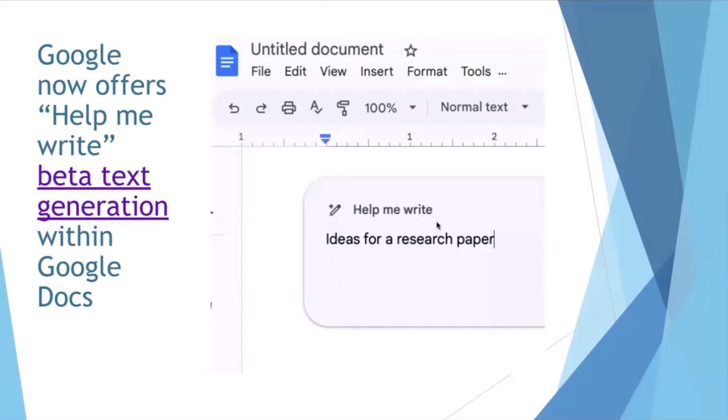And there's that very tempting slogan, help me write, right? And anyone who struggled with writing, which I certainly do, that's such a siren call, right? Help me write. And it's there all the time, and it will generate text that you then can insert into your document.